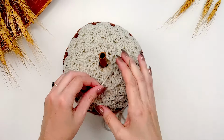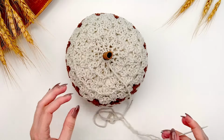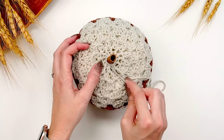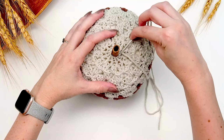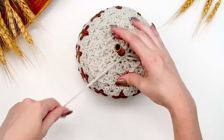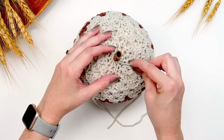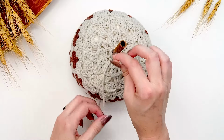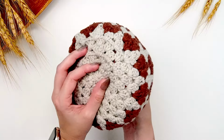Now that I have worked this all the way around, I'm going to pull that opening closed around that cinnamon stick. And then we are going to weave around 1 more time, which is a good idea to really secure that cinnamon stick. And then we're going to shape this. So we're going to be shaping this by poking our needle all the way through our pumpkin, because we want the top center and the top bottom of this to come in a bit, to squish together to make that pumpkin shape. So we're going to take our needle and I'm just going to stick it right through the top. I'm going to push it through that canvas fabric all the way out the bottom,